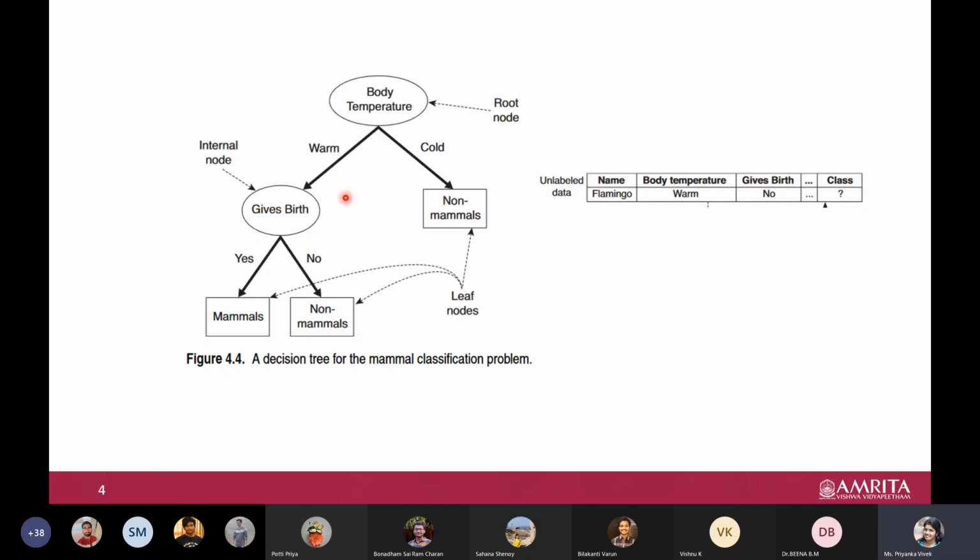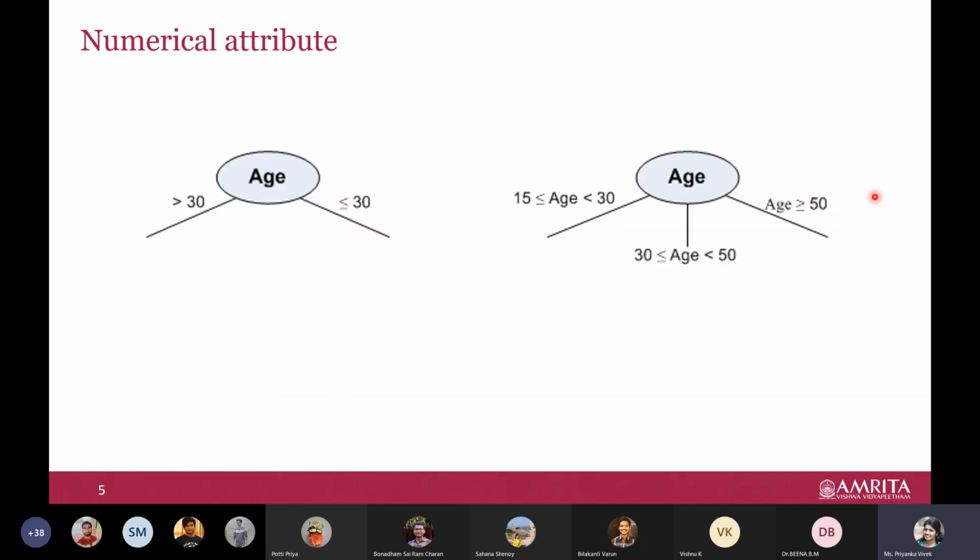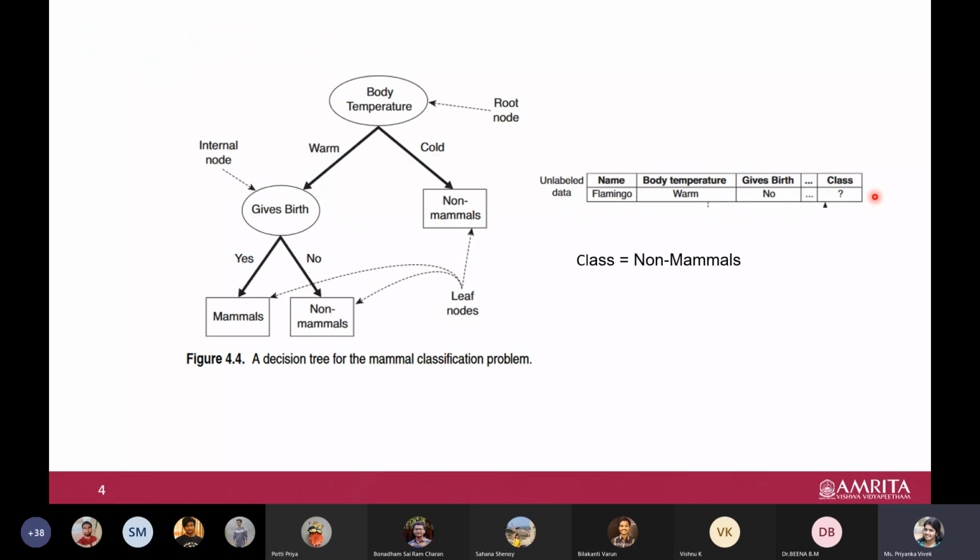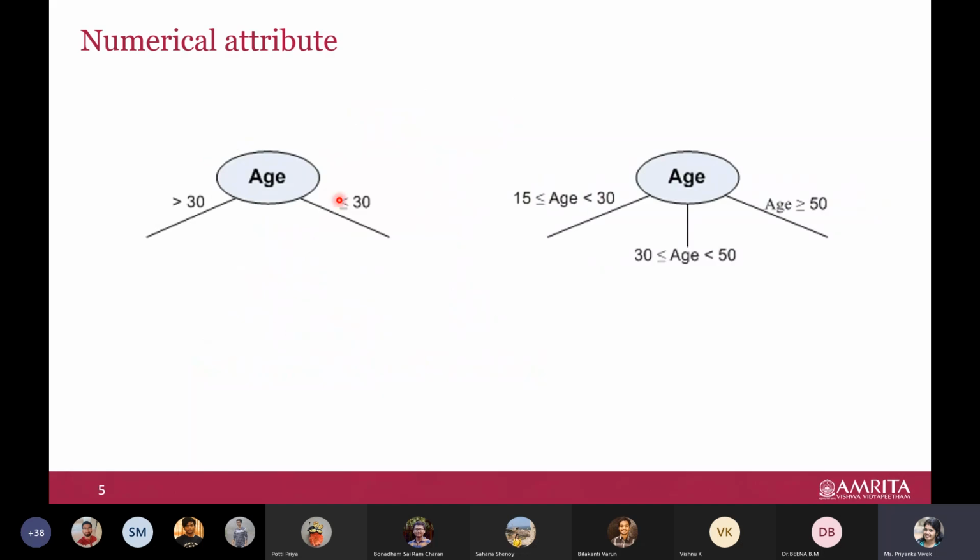Initially, with the training data, you will of course build a decision tree based on certain criteria. We'll decide which node should be the first node to split, etc. All that is coming in the next few slides. So once we consider all that, we build a decision tree, and now when you see unlabeled data or the test data, you are able to predict the class. So the class is non-mammals. Now say for example, it need not always be discrete or categorical attributes. In real data you may also have continuous valued attributes. So what we could do, we can split it.